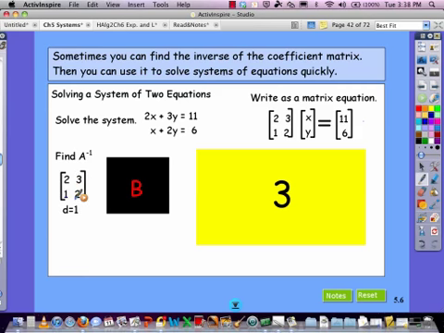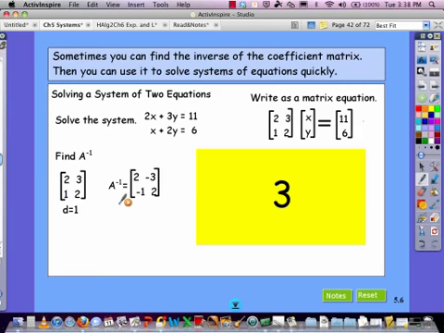And so in doing that, we first found out that our determinant was a 1. And then we did our flip: the left diagonal's values, switch them around, and turn the right diagonal to their opposite. In doing that, is that what you got for your inverse matrix? So we calculated the inverse, found it, used the determinant to help us do that. Once we did that, we now can come back to our equation and put our inverse in its correct position